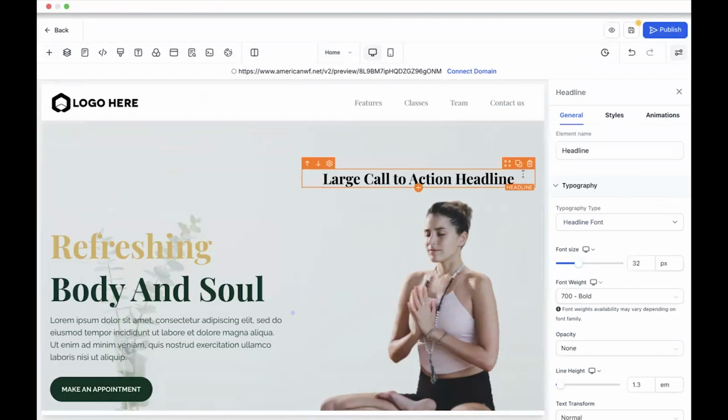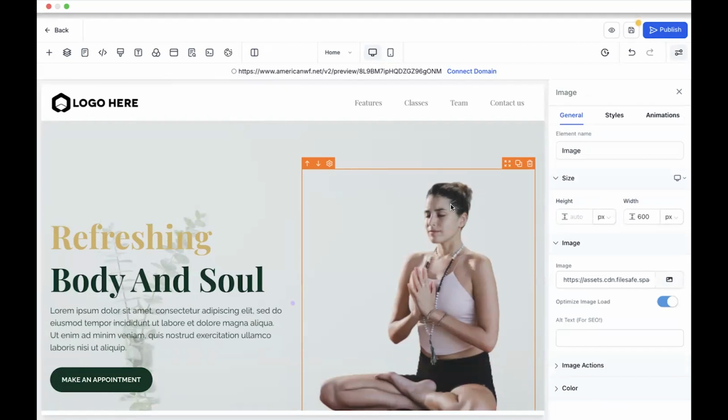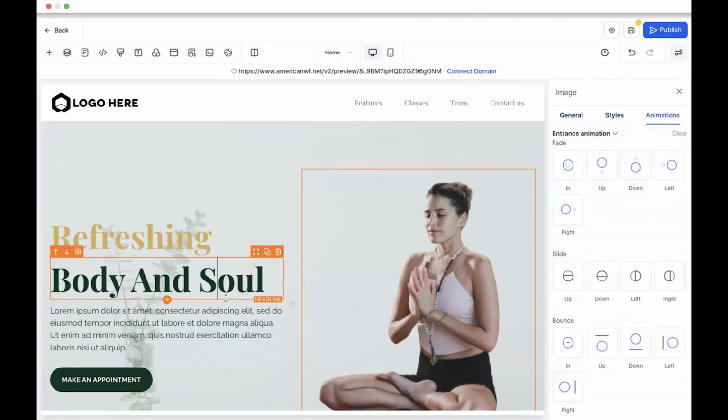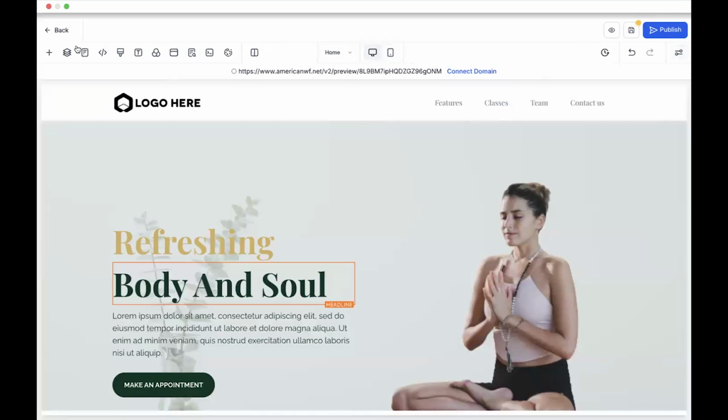And if you want to delete it, you also can just zoom in to the element, then select delete. You also can make changes to one specific element, such as for this image, you can do the general edit, style edit, or animations. For the text, you also can do the same thing. It will show up the categories for this element, and then you can do the edit. Back to the page,